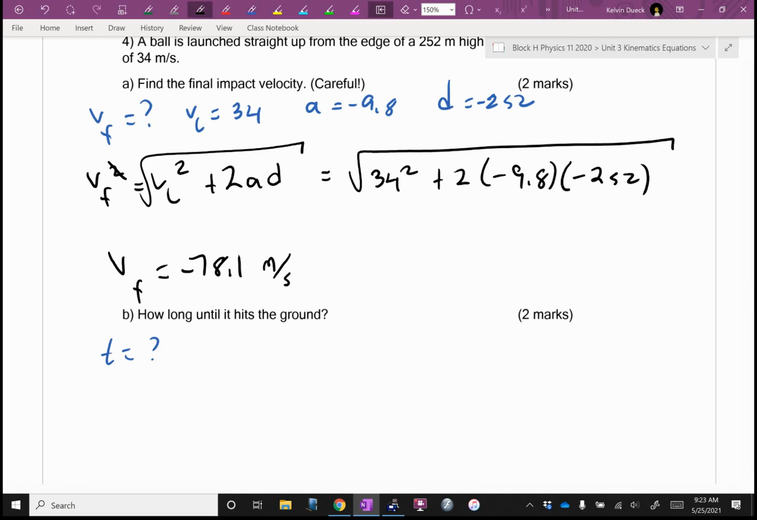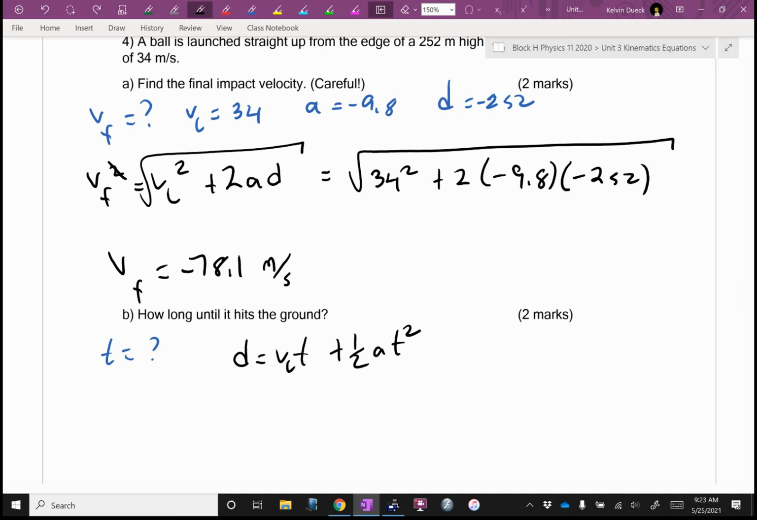Well, my first thought was this: D equals VI T plus a half A T squared. Now I'm going to get the T by itself. Why can't I get the T by itself here? Okay, there's more than one T. If VI is 0, I can get the T by itself. Or if A is 0, I can get the T by itself. But if I have them both around, I can't. So you can either use the quadratic formula, or I'm going to use my